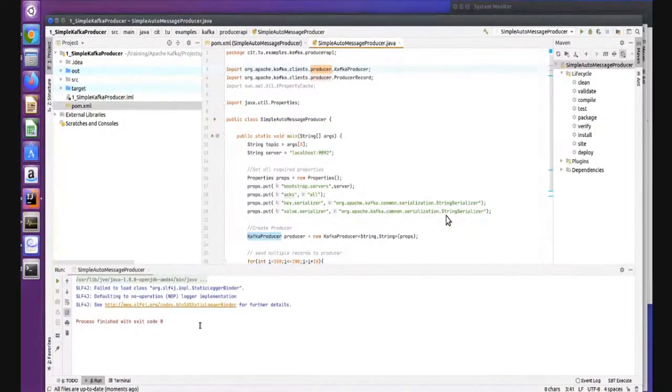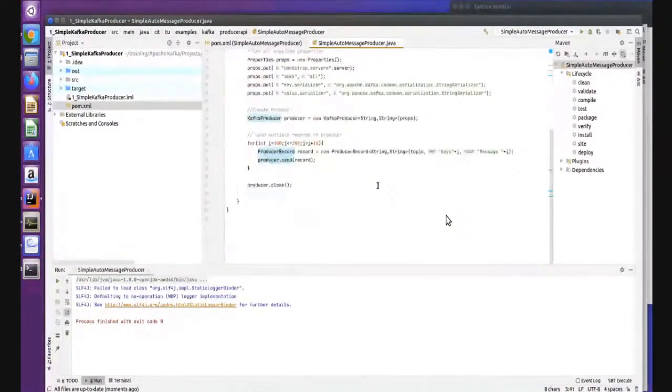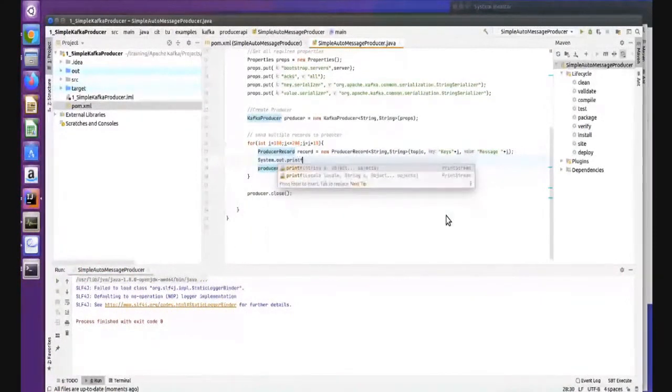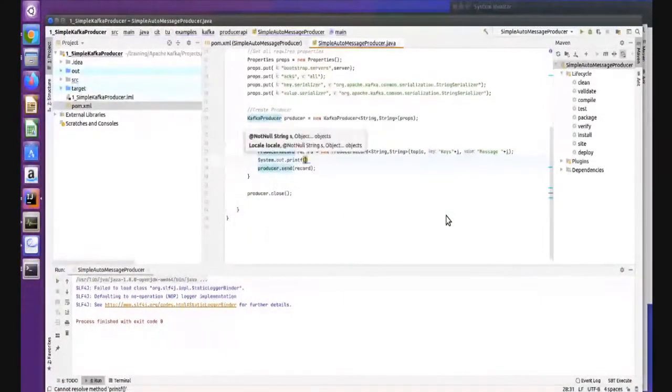So it has produced messages, right? Because I'm not printing any logs, that's why you are not seeing them. Let's say I want to see the logs, what message it is producing. So I can write System.out.printf here, and I can print the topic name.